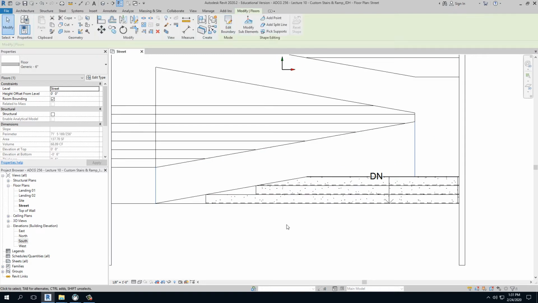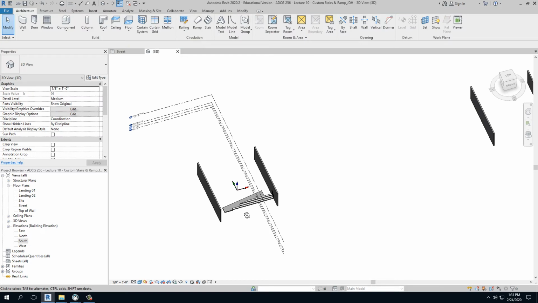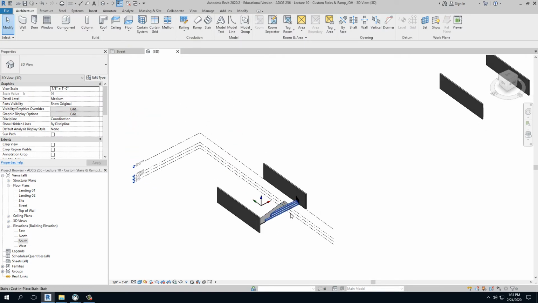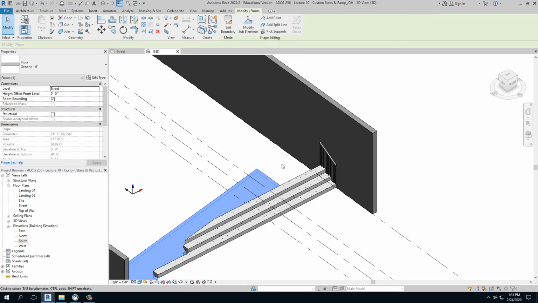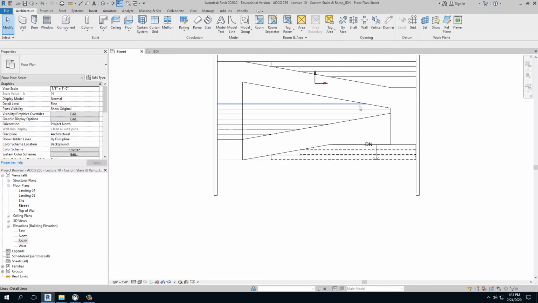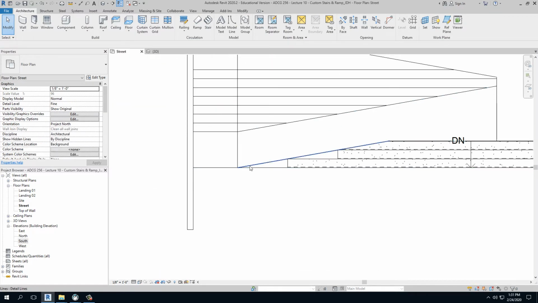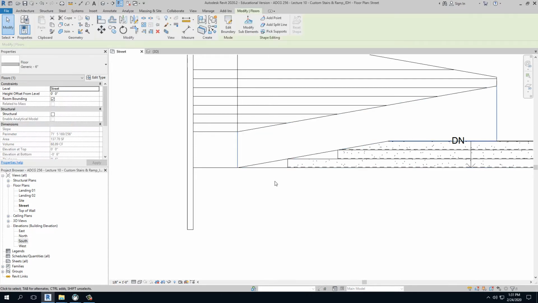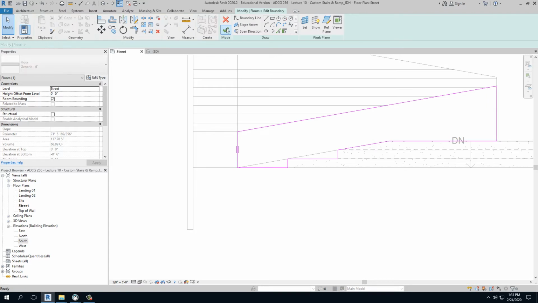Then before I finish it, right, if I was to just finish it, watch this. I finish it and this would just simply be a floor, and it would be at the street level. But I'm going to do something now that's going to help me with this. I'm going to use something new. Perhaps you haven't used this function yet. I'm going to sit here, tab, I'm going to grab my floor, and I'm going to say edit boundary,